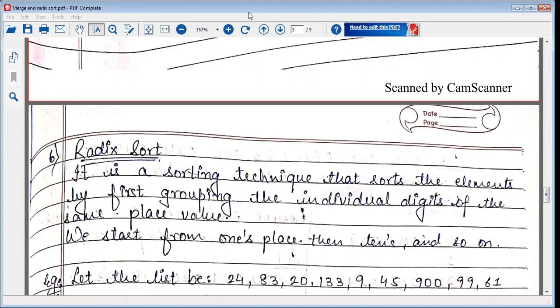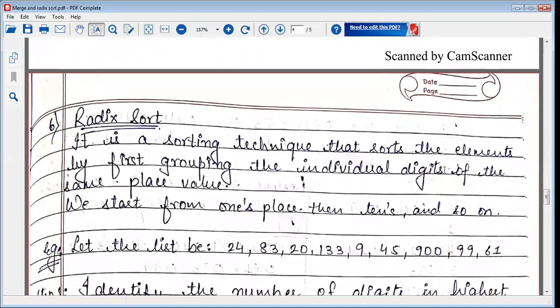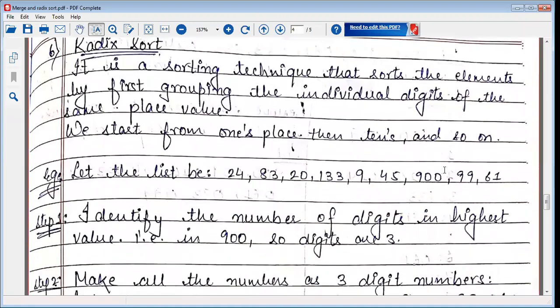And I think you are aware of this term radix. So radix is simply the base that we follow, right? So if I have, let's say, binary numbers, then the base will be 2. If I have decimal numbers, the base will be 10, right? Similarly, if you talk about the alphabets in the English language, then the base will be 26. So radix is very much dependent upon the base of the input that you have.